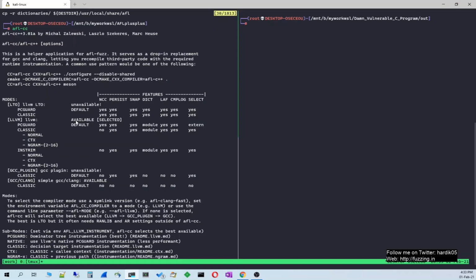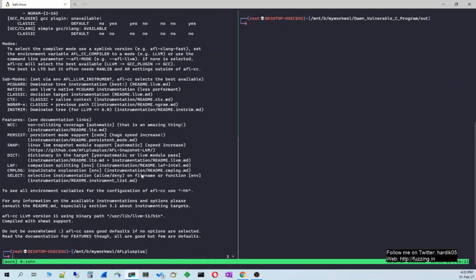I have LLVM mode available over here, and I don't have the GCC plugin, which is the plugin I discussed a few minutes back. I need to install that. So I have simple GCC or Clang, so I can use afl-gcc or afl-clang over here.